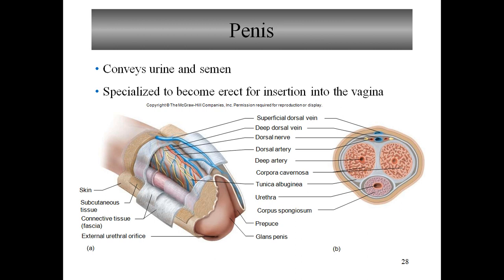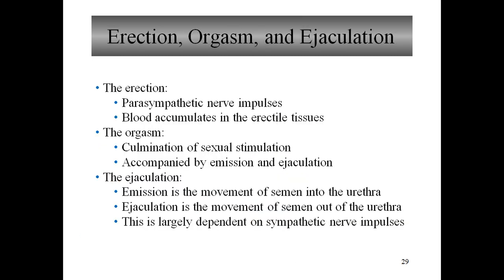So the bulb of the penis is the enlargement of the corpus spongiosum between the crura. Sorry. In the next slide, erection, orgasm and ejaculation. So most of the time these terminologies are used commonly or synonymously. Here, we will discuss what an erection basically is.